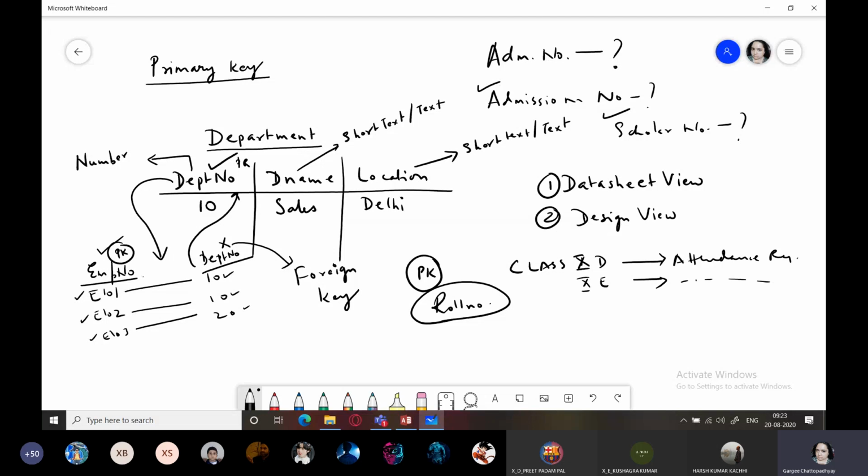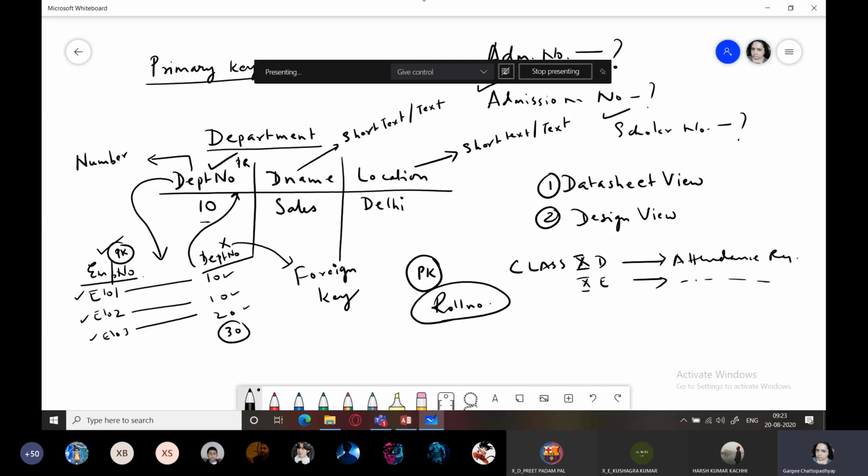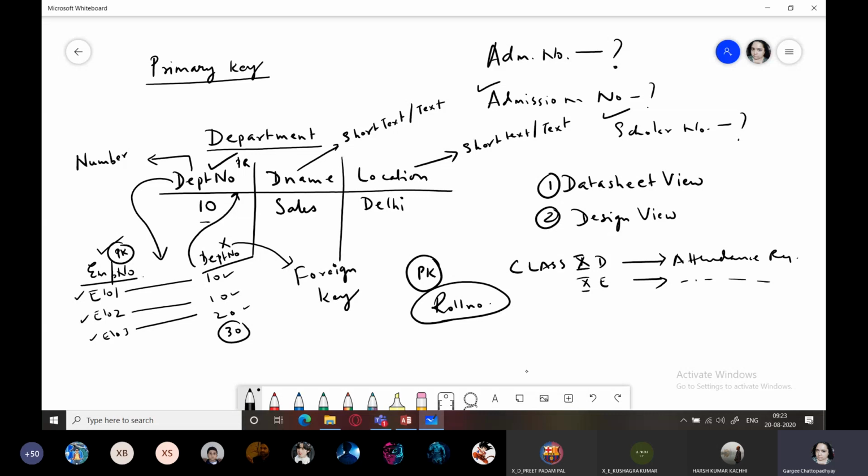Department table. You cannot have any employee working in any fictitious department whose record is not there in the department table. If suppose there is no such department as department 30 in the department table and you have specified the department of one employee as 30, that will not be accepted when you are working with a database, especially software like Oracle.